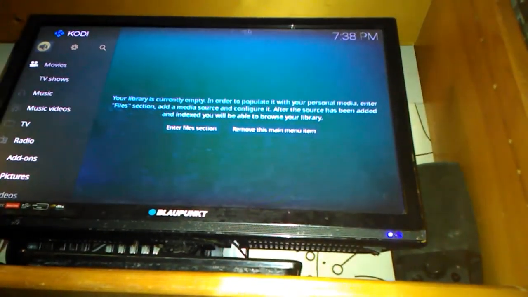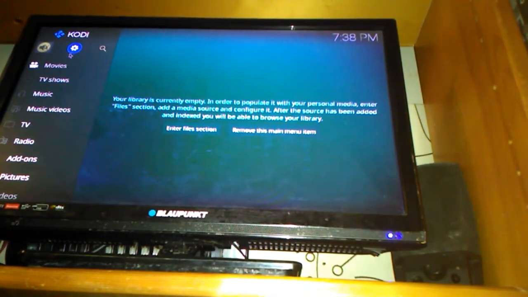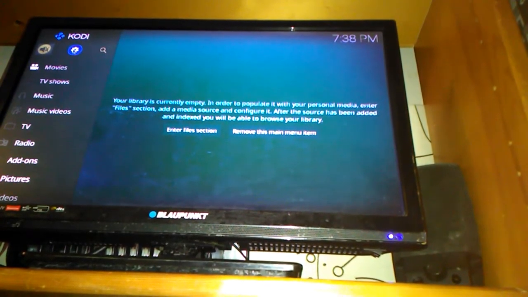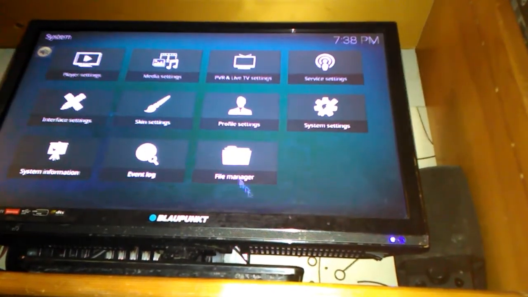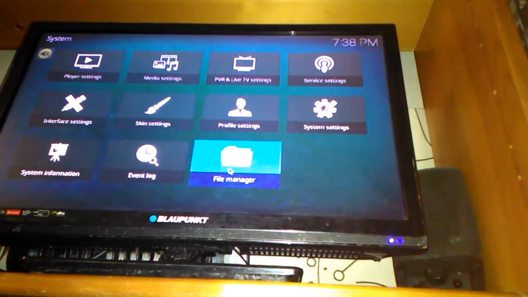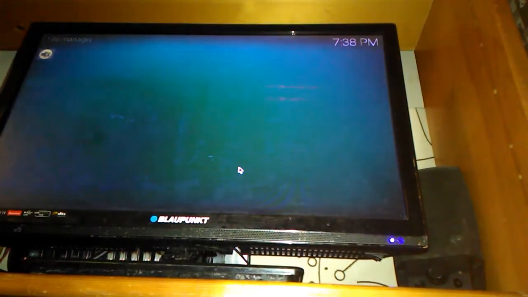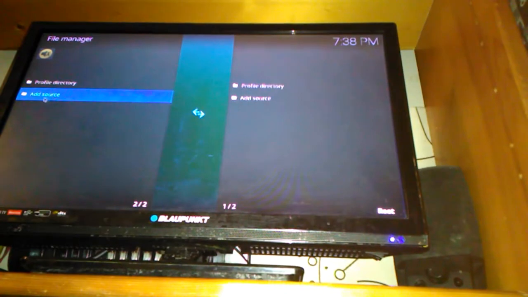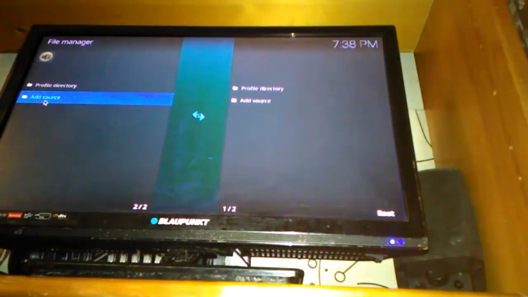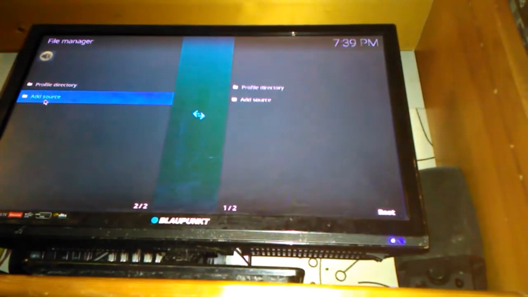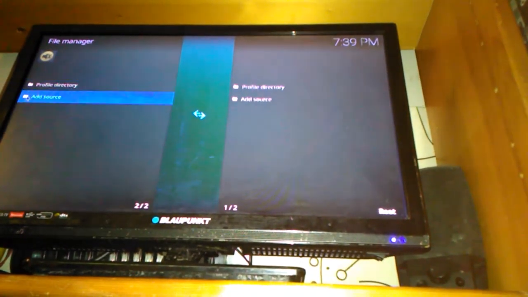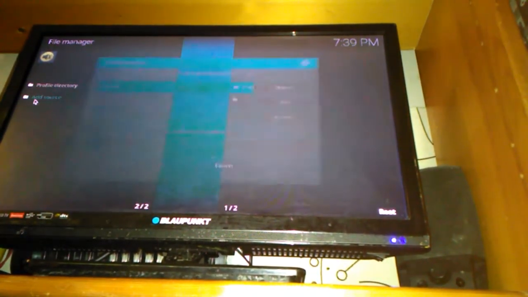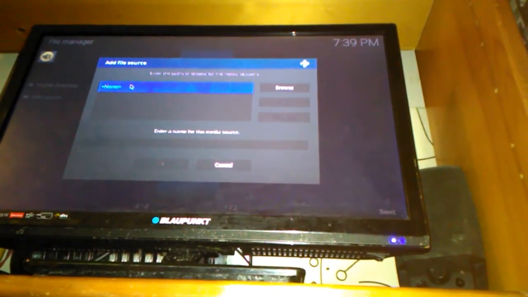And we're just going to come up. You can just use your keyboard or your controller, and you've got the little settings logo here, what's highlighting blue. You're going to click on this, and then we're going to come down and click on File Manager, and then we're going to click on the Add Source on the left hand side. And then we're going to click on where it says none